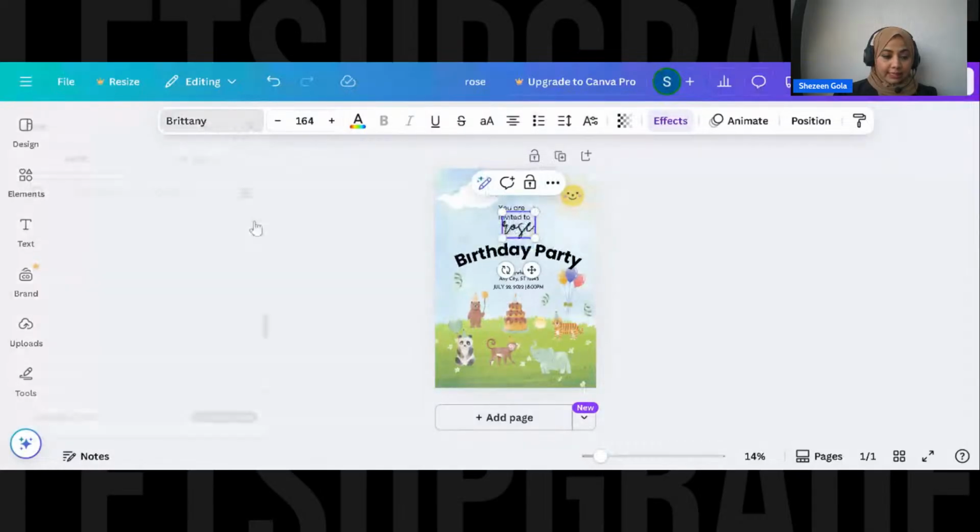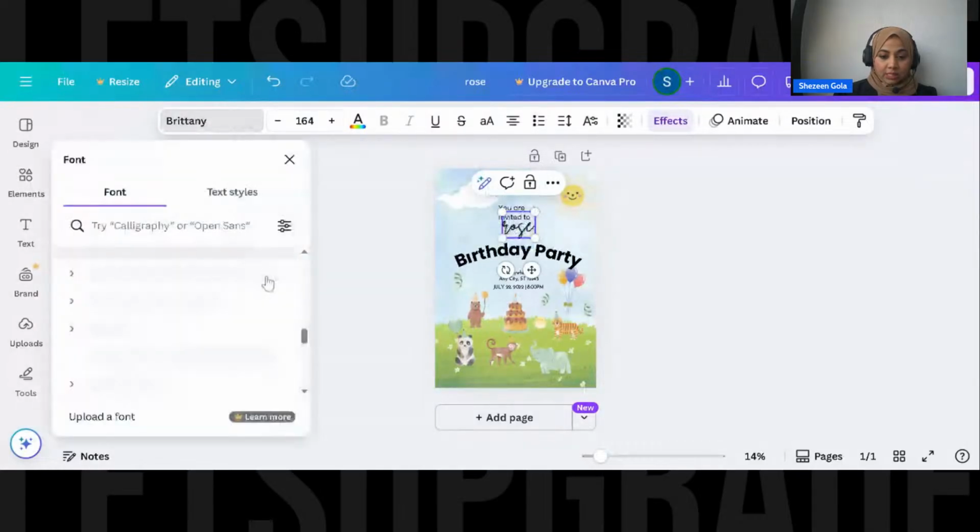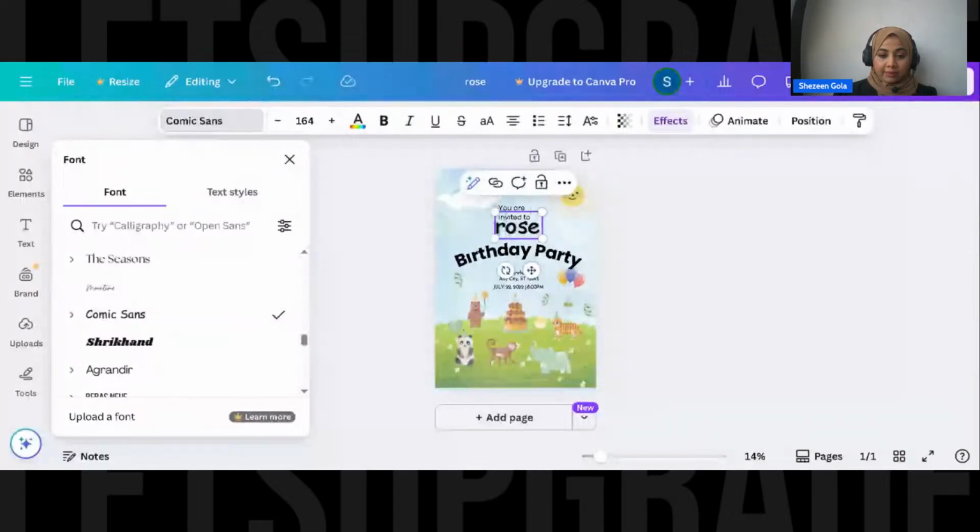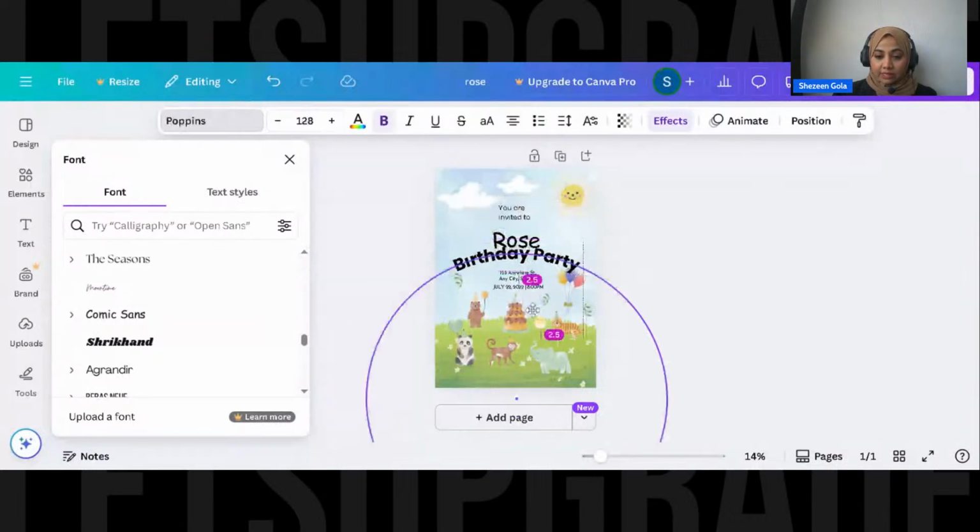Let's keep it Comic Sans. Okay. And let's make the R big by typing it. Okay. So now we'll take it here. The moment you activate the font, it is ready to be moved.